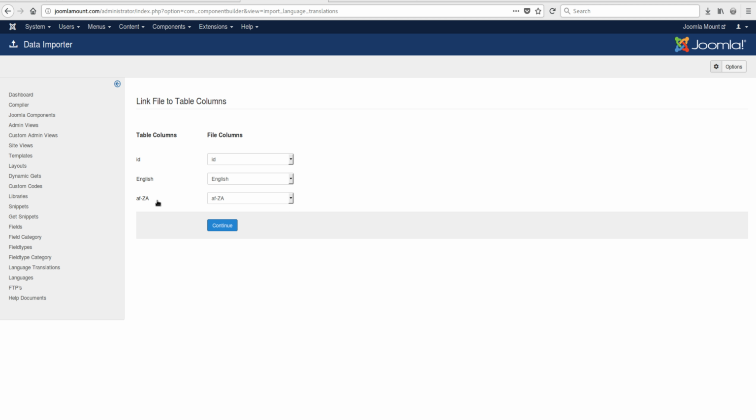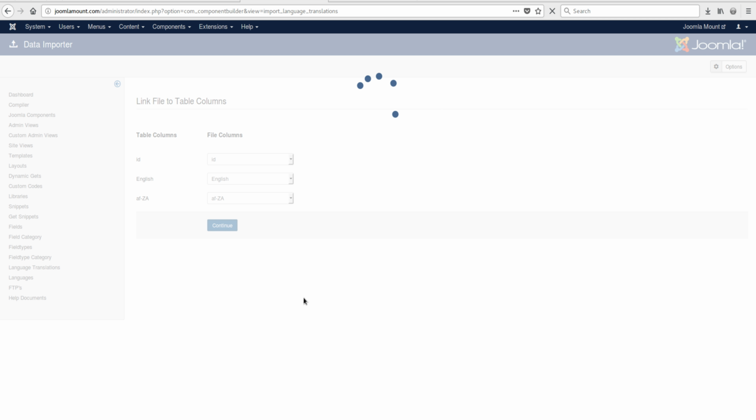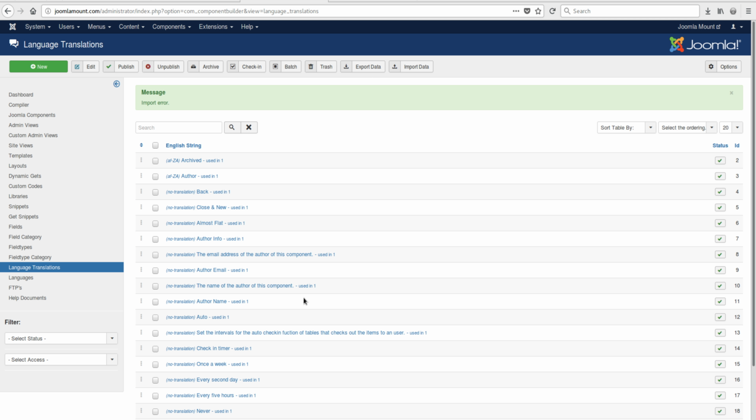If you are having multiple languages and you only want to import for the one language, then all you need to do is add this ignore on the column next to the languages you do not want to import. Okay, and then you click continue. And that is it. You will now see that it has added translations